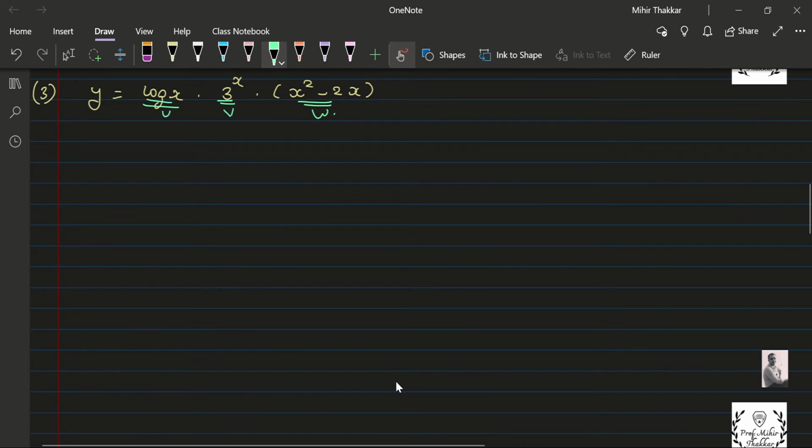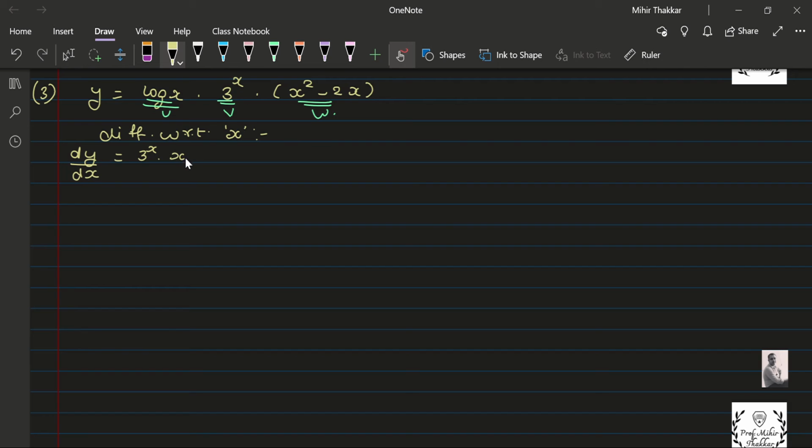So let us see how we can apply this particular formula over here. We have to say, differentiate with respect to x, derivative of y, that is dy by dx. As I told you, as it is same just now, when we are taking the derivative of u, v and w will be copied down. So 3 raised to x into x square minus 2x